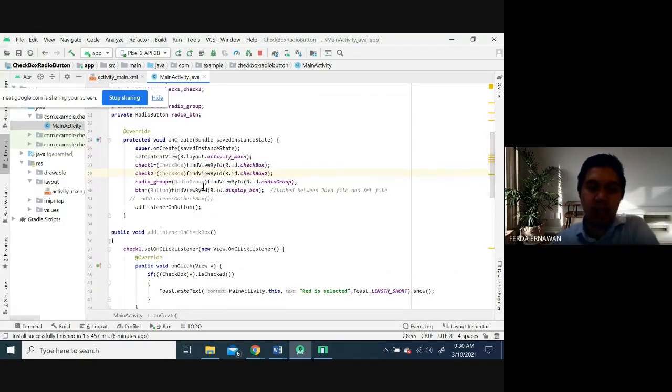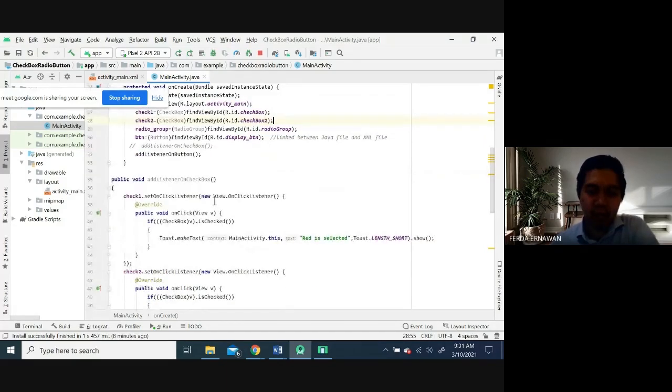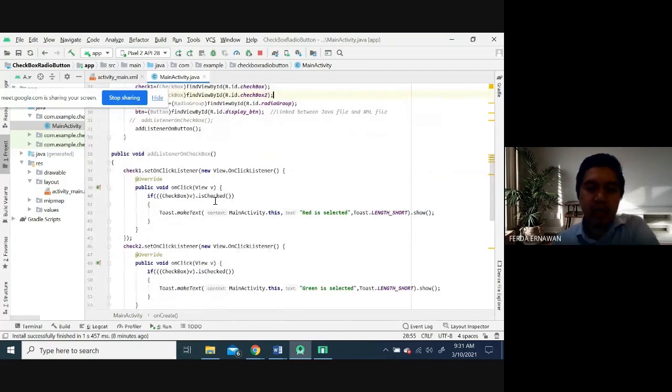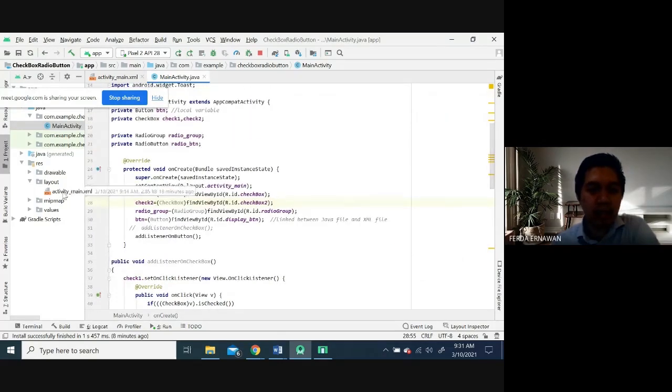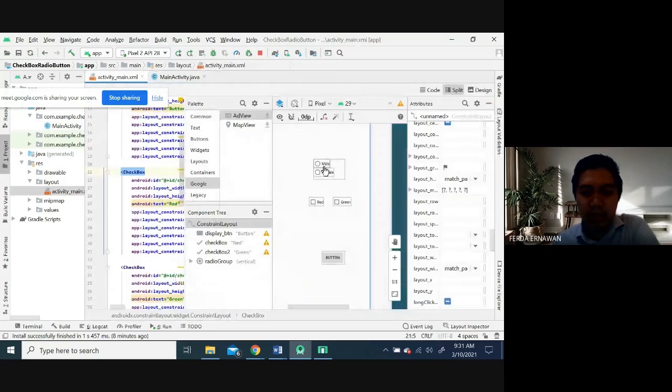My exercise today: assign set click listener on the radio button. Once the user checks the radio button, it pops up a message, male.